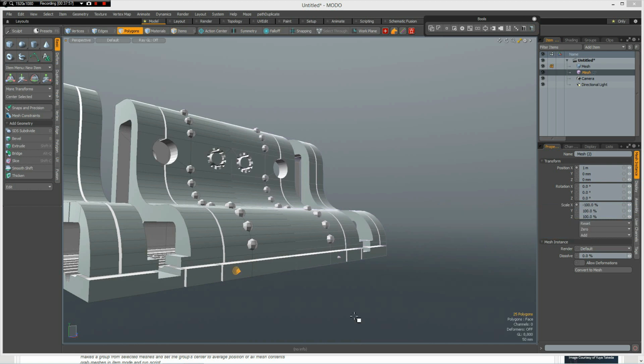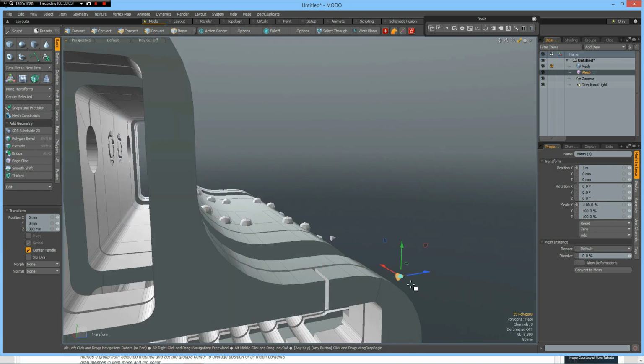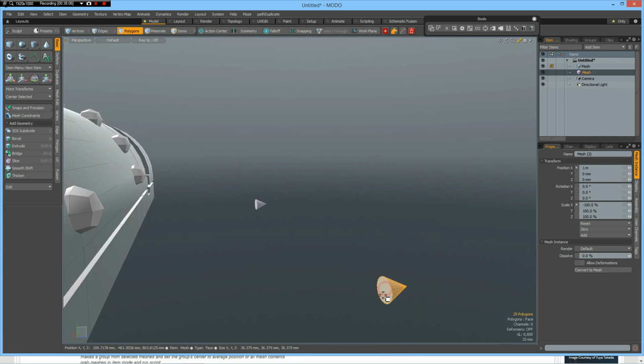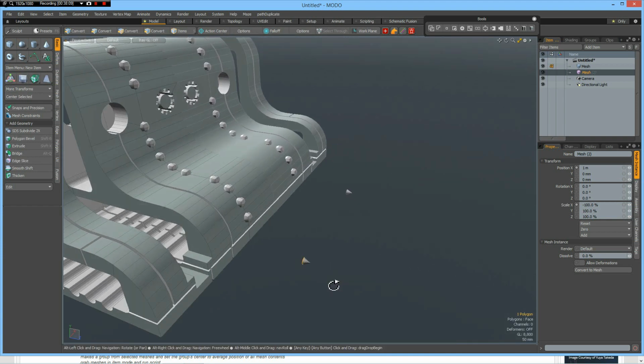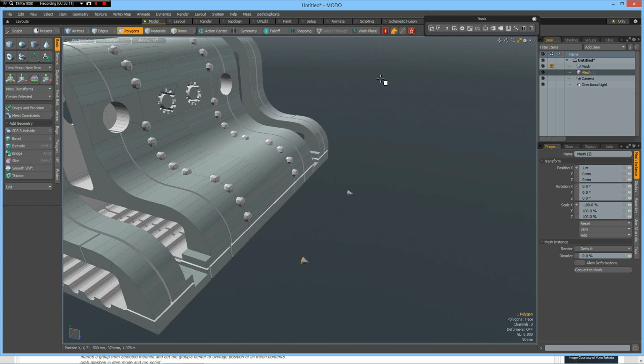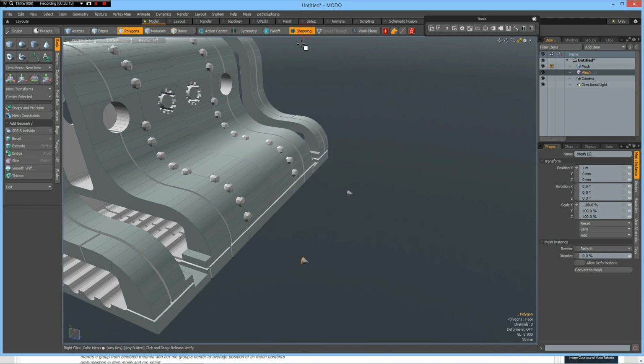So 24 sides is fine, W key, and now we can select the bottom polygon here, go to our snapping options and select polygon center, then activate snapping, go to